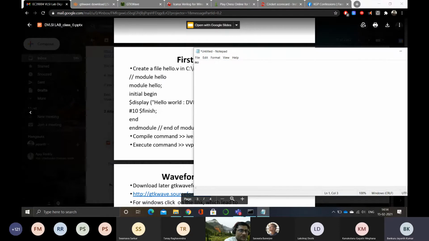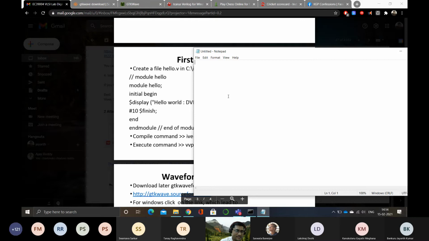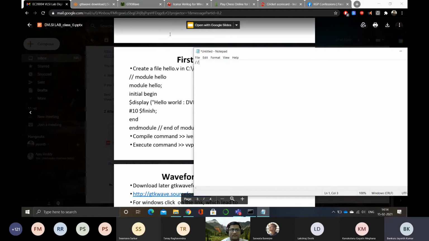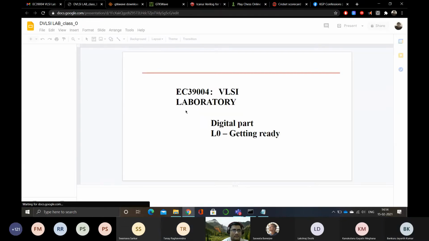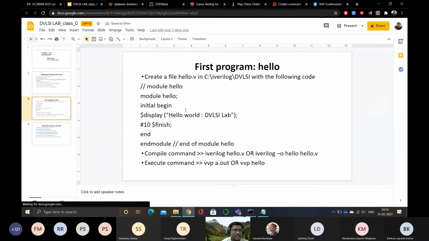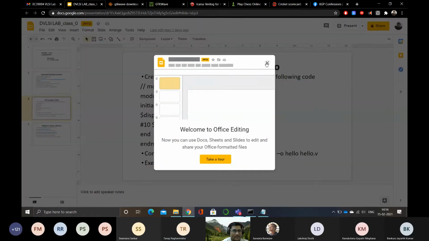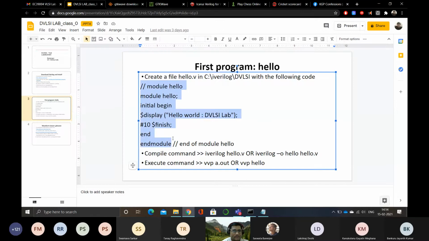From double slash module to end. This double slash is a comment basically. You cannot copy paste it? No, sir, you cannot copy paste it. Then open the PDF file. Slides. Oh, this PPT is also there. Okay. Control C.